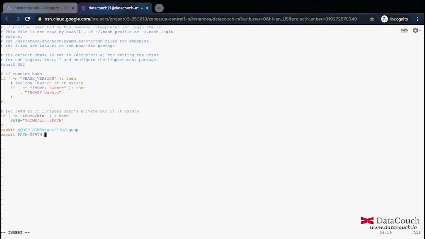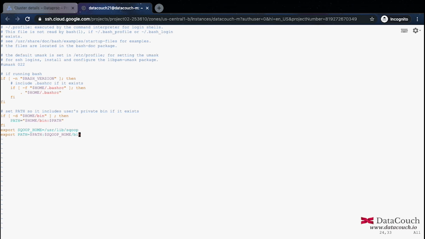You can just specify the bin location, so this is $SQOOP_HOME, and after that you can just specify the bin. So this is fine. I just mentioned a couple of things here.